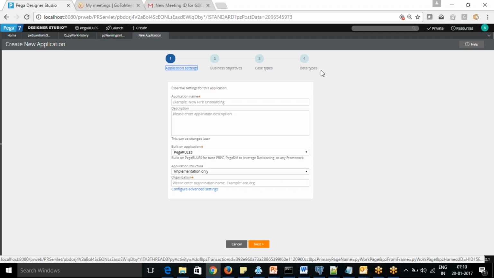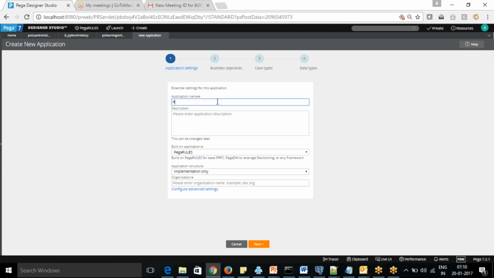Here, we already have some of the requirements set up. Based on that, for whichever organization you are going to develop, we can set it up. So if you say we are going to create a purchase